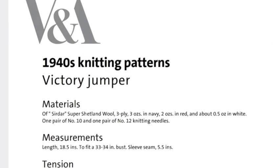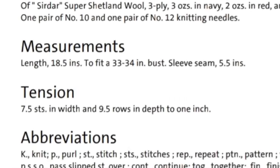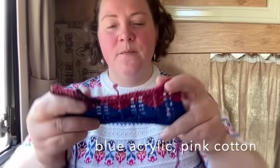Now, the original pattern is given as a 33 to 34 inch bust. There's no way that's going to fit me. No way at all. So I did a gauge swatch. On the original, it says to get 7.5 stitches to the inch. Now, I have used 3.25mm needles. That's a UK size 10 with double knit yarn, and I've got 6 stitches to the inch,